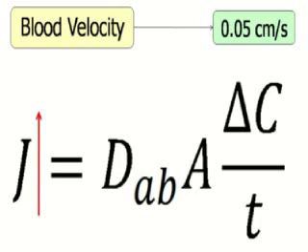Also, if we think about the blood velocity in the capillary, we see that it has an average of 0.05 centimeter per second, which is a very slow speed. What this does is it allows sufficient time for the diffusion to take place and increases the J, the rate of mass transfer, the transfer of atoms from one medium to another. So Allah teaches us that if we want to design a mass exchanger, we need to lower the velocity of the fluids involved in the exchange to allow sufficient time for atoms to be diffused.